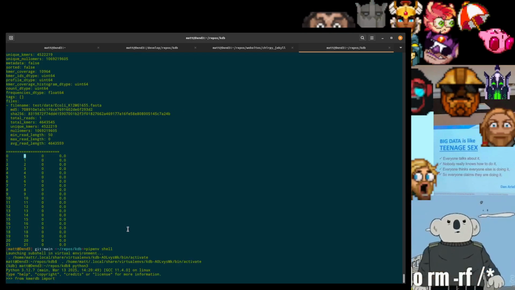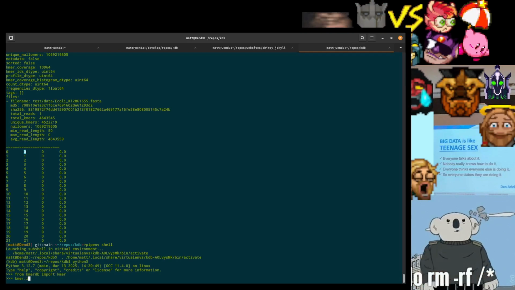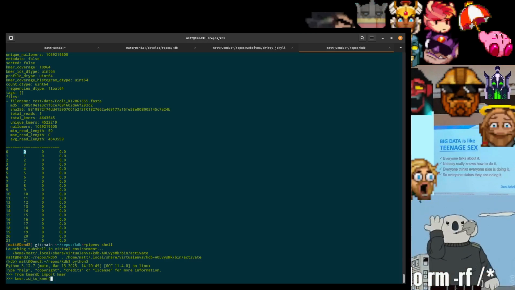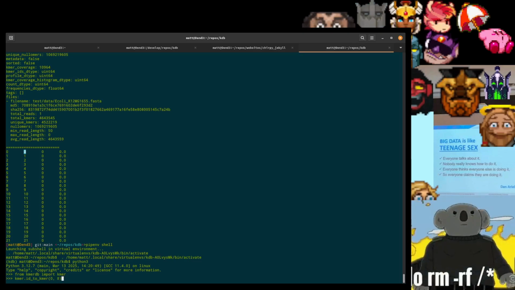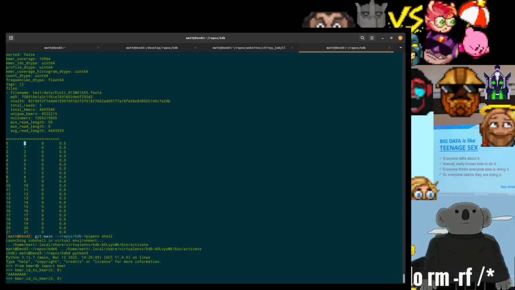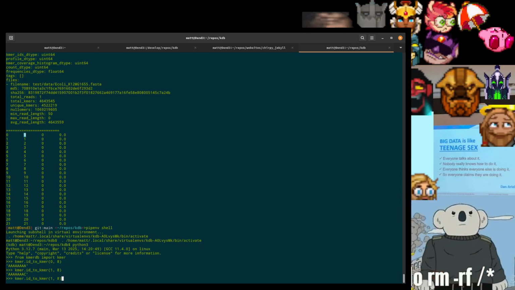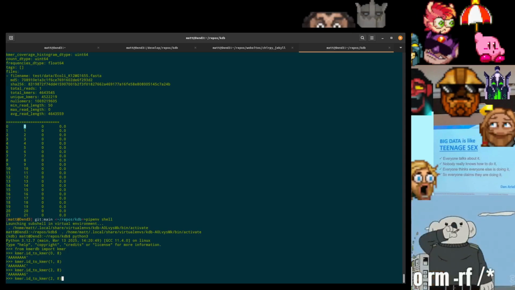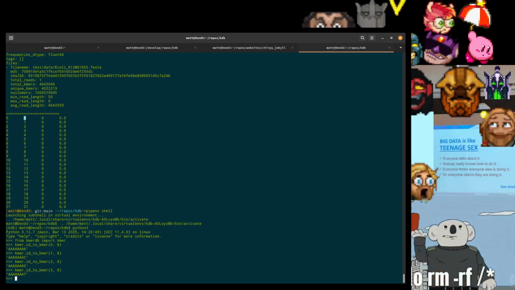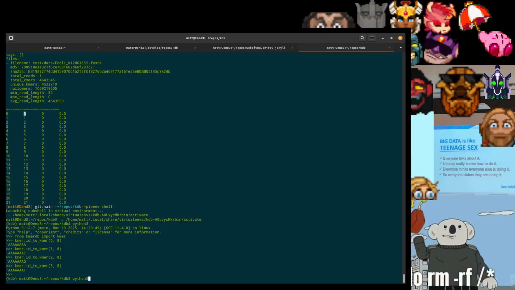From kmerdb import kmer, and then if we do id to kmer 1 0 with 8, it's all A's. So this would be a very odd kmer indeed to see. And if we increment, we're not getting very interesting kmers. Obviously somewhere else down in the file,